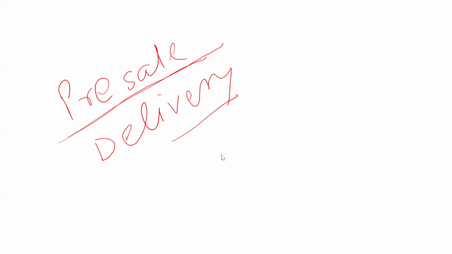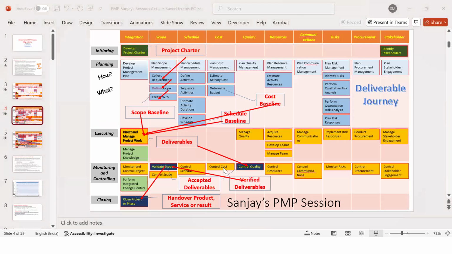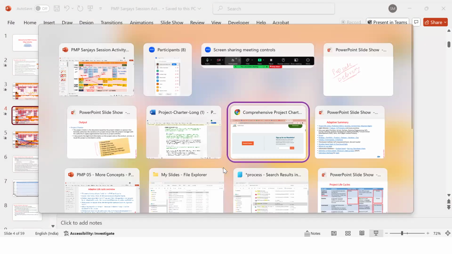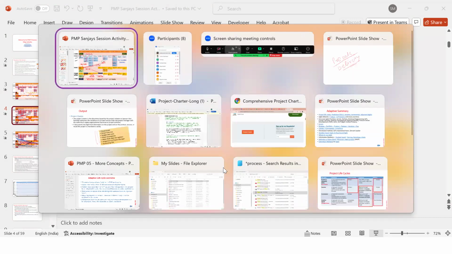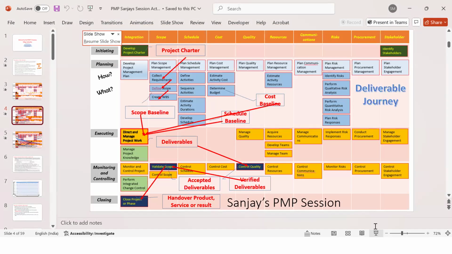Correct? And that mail has one mention saying that this project is very prestigious and important for us, and Maria is going to lead the delivery project. Correct, friends? वो उसका चार्टर जैसे ही हो गया करीब करीब. Are you getting this? And now in Maria's project, she is not going to do collect requirement, because collect requirement is already done for her project by the team which was working on pre-sales. Is this understood, friends?